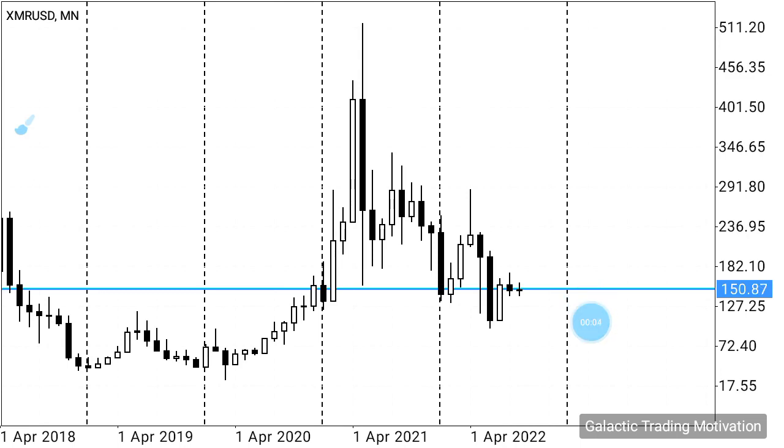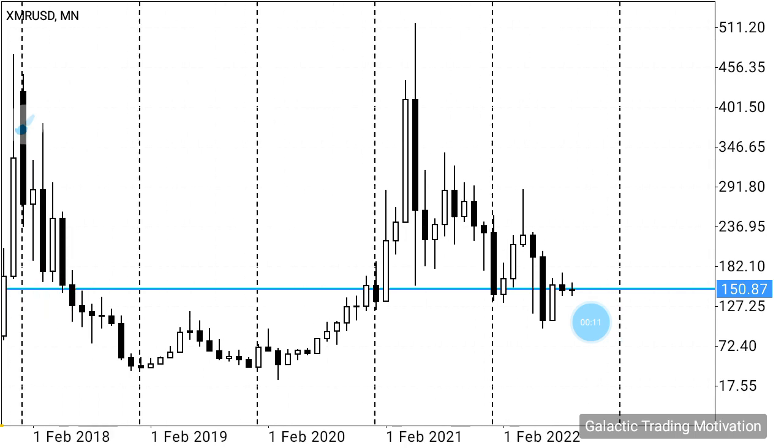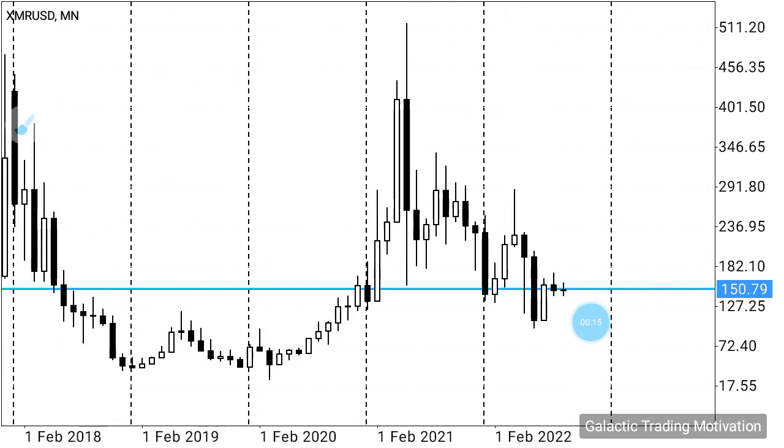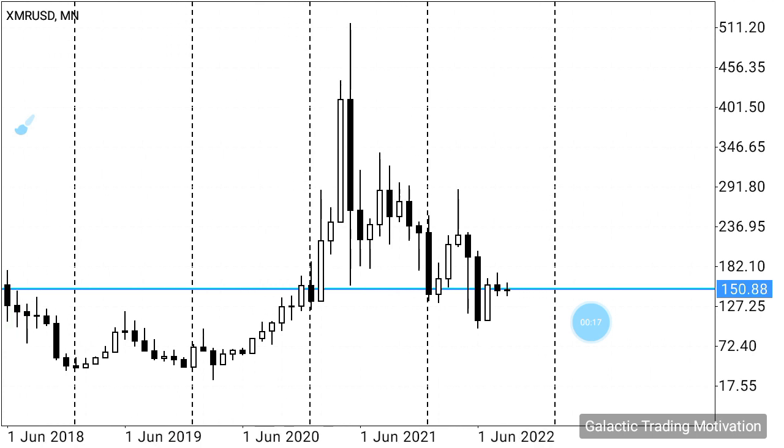Let's have a look at the Monero chart, aka XMR. As you guys can see, I have the monthly chart open, as I usually start off my analysis on the monthly charts. And the first thing that I can already see in regards to the monthly chart of Monero